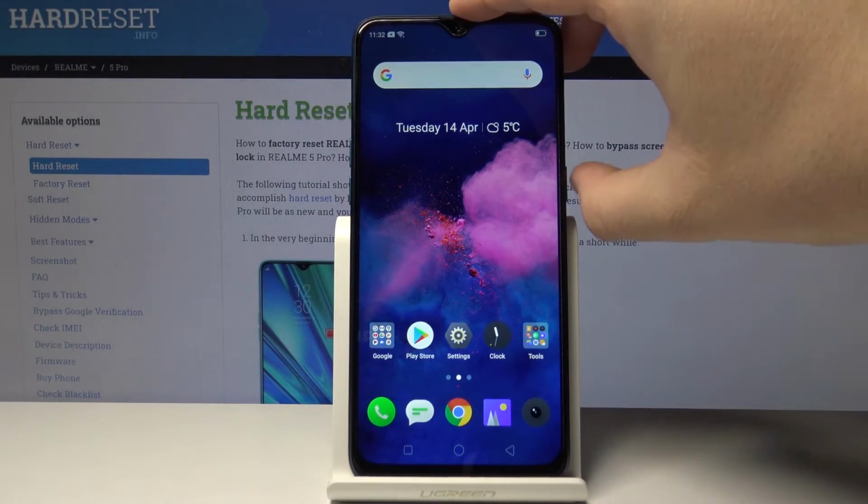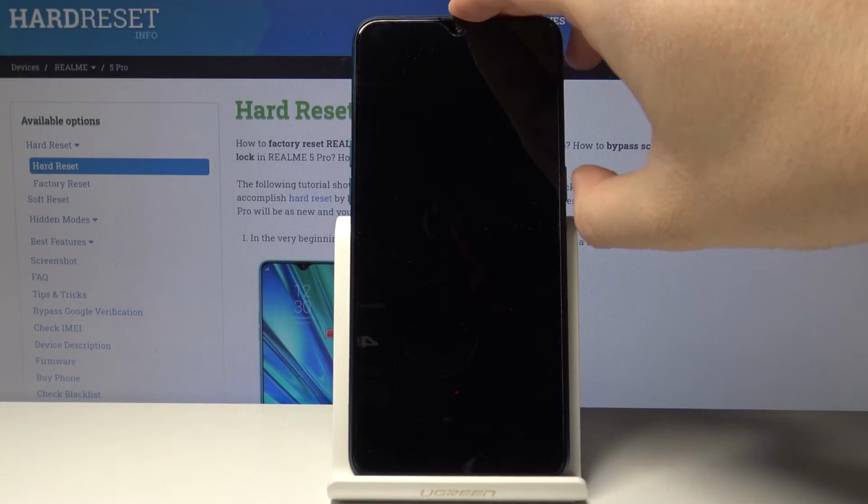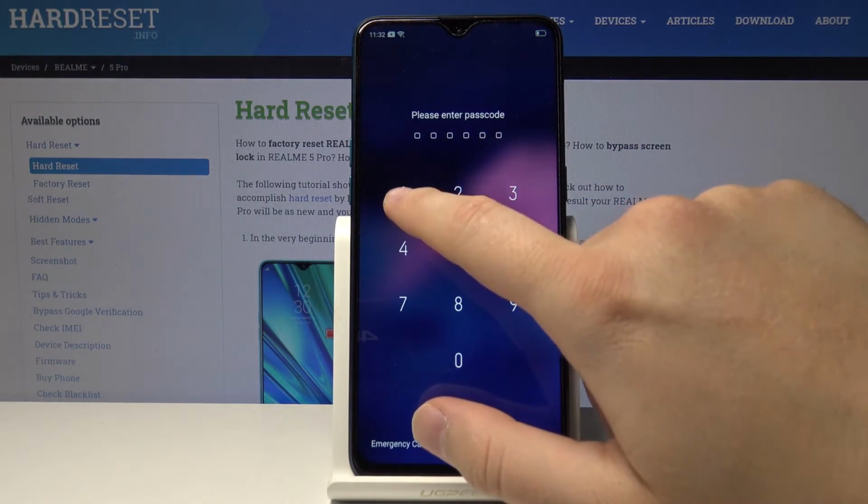We don't want to use it, and we are going to lock our screen, then unlock, and right now we have to input our